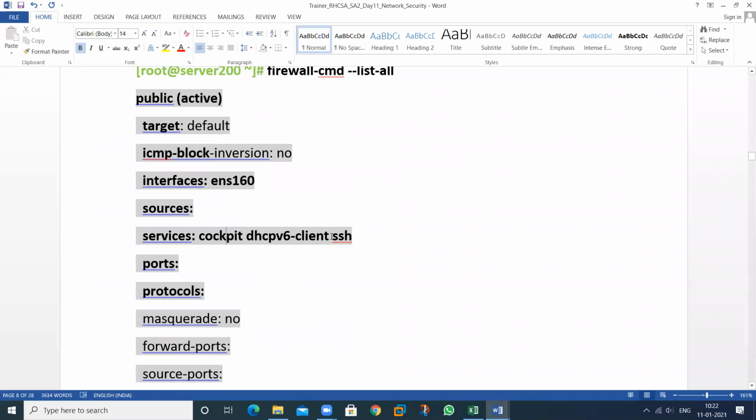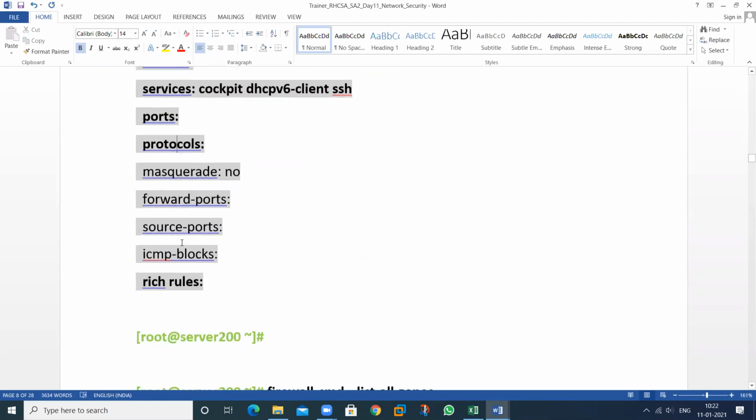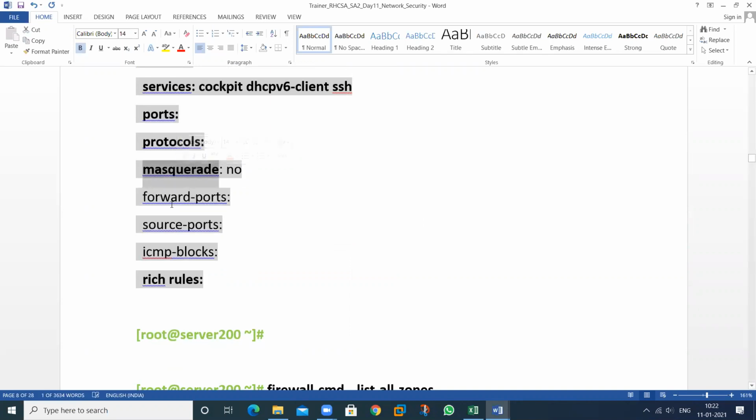By default, this service is allowed by the firewall. It means in firewalld there are no ports allowed, protocols. We can also enable masquerading, port forwarding, and source port. What ports you want to allow, and ICMP. And we can also implement the rich rules.